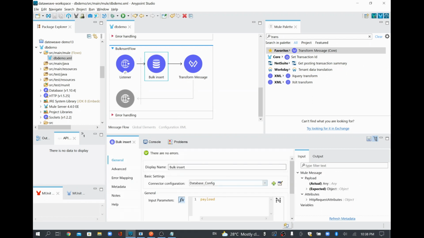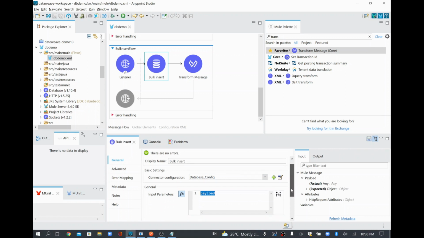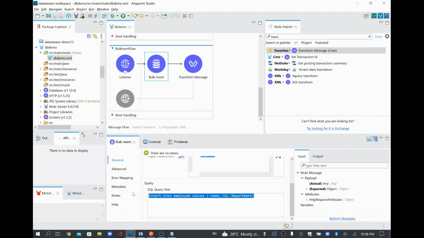So in this way, we are passing a payload that has multiple records, and we wrote a similar query to what we did earlier for insert. But what is happening is, when we pass multiple objects, it tries to insert as a bulk. When we use a single insert, we always pass one object only, where we pass the relevant input name or key. With the help of that, it passed those values here and inserted the record successfully to the database.